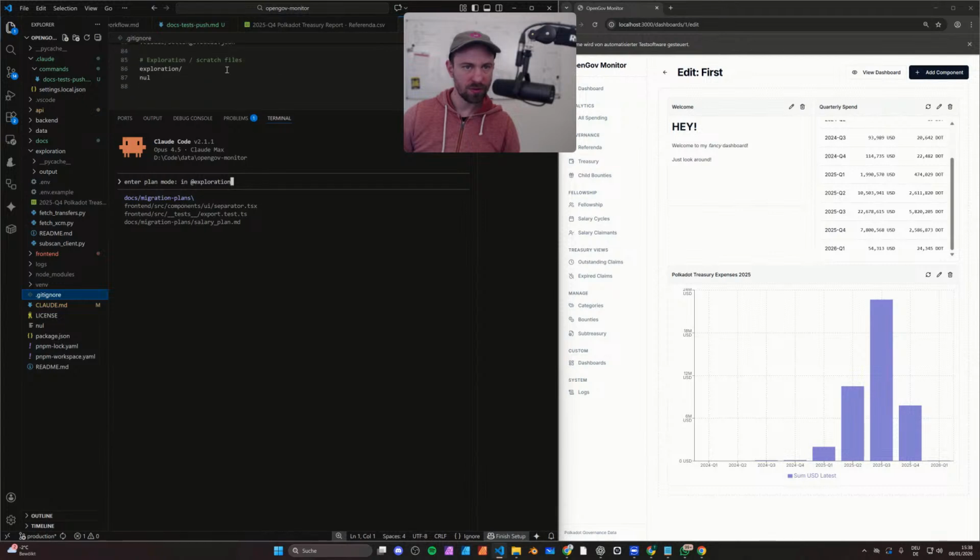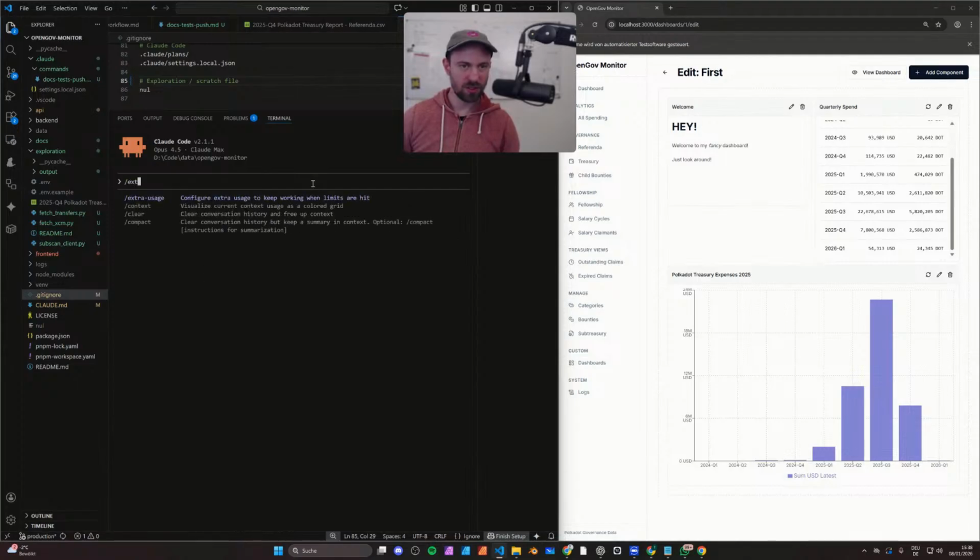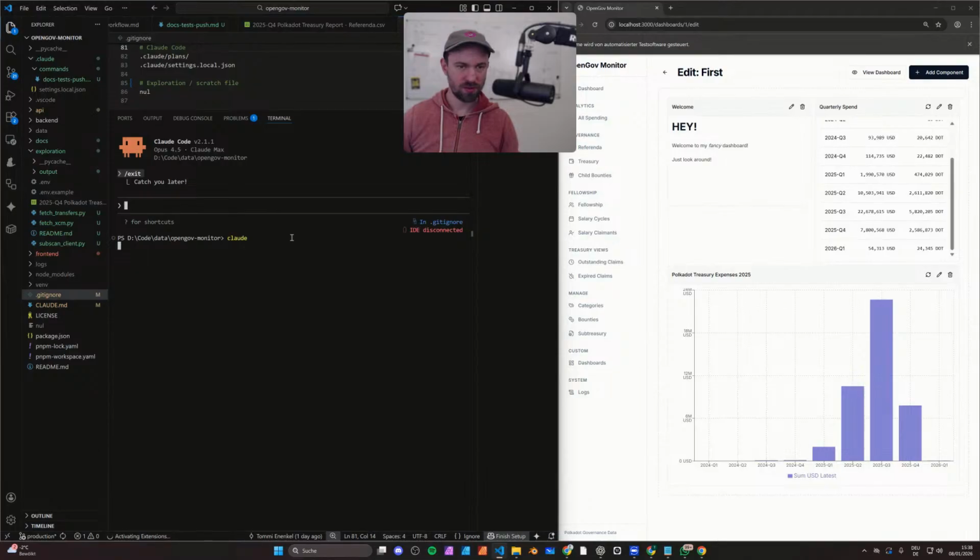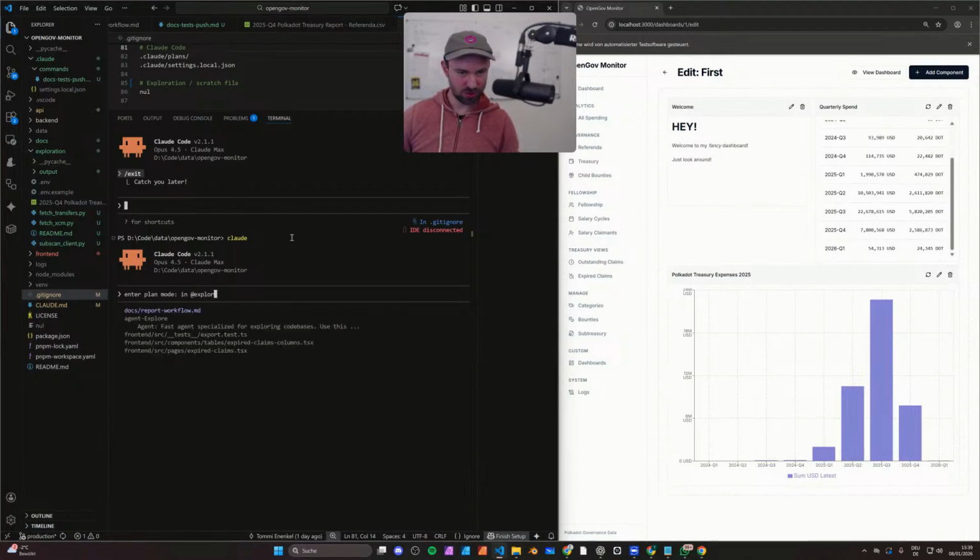No, it is. Okay, now you should see it in exploration. Let me start again. Enter plan mode. In exploration, you can see the folder Q4. No. In exploration,